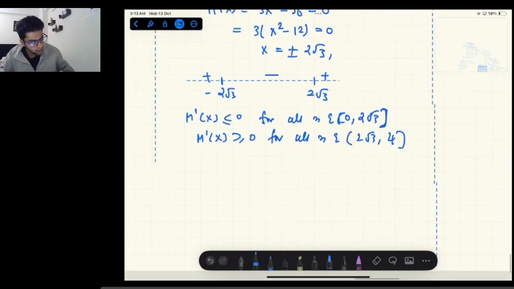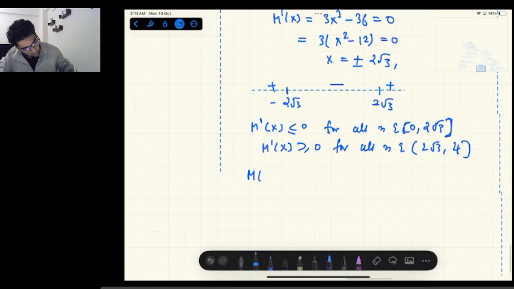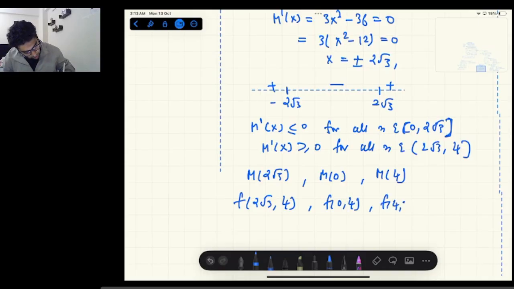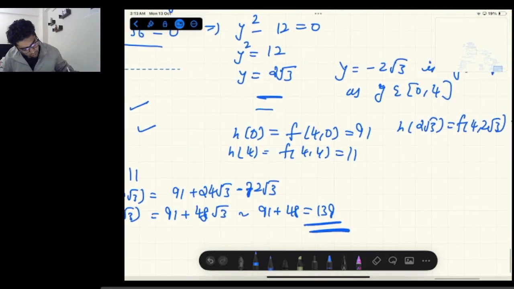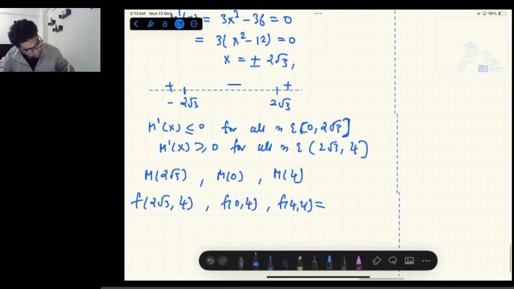This and this. So again the points will turn out to be m of 2 root 3, m of 0, and m of 4, which are again equal to the same process. So again the values will come out to be f of 2 root 3 comma 4, f of 0 comma 4 and f of 4 comma 4. So f of 4 comma 4 was 11. So this will be 11